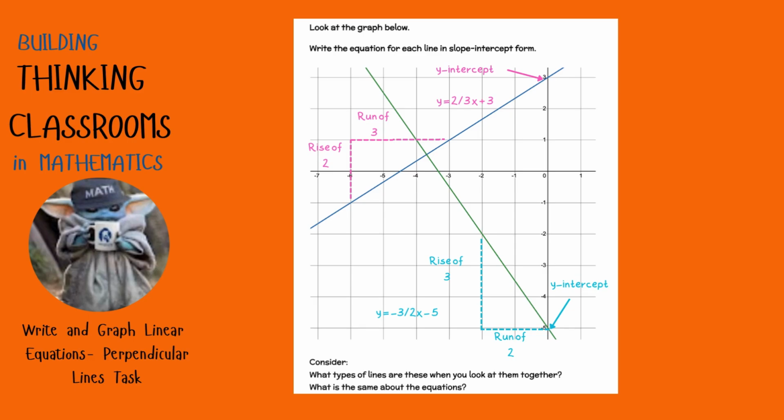So now we need to look at the questions. What type of lines are these when you look at them together? And what is the same about the equations? Things that we got right off the bat were that they're intersecting lines. We really didn't hear the term perpendicular at this point, maybe just a handful of students. They mentioned that it was linear, and some students did mention that the rise and run were using the same